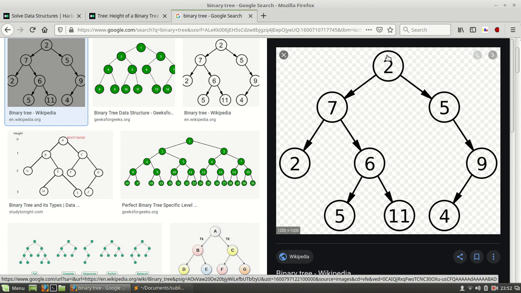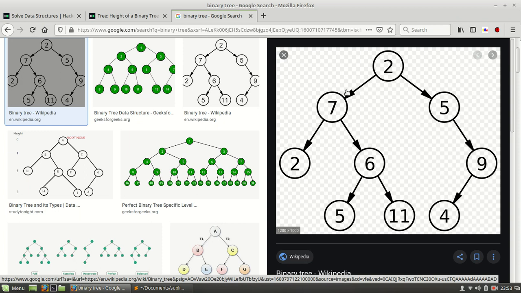There is a formula: first we find the height of the left node, then the height of the right node, calculate which one is the maximum of the two, and then add 1 to it. That will be the height of the root node, or of the node we are calculating for.